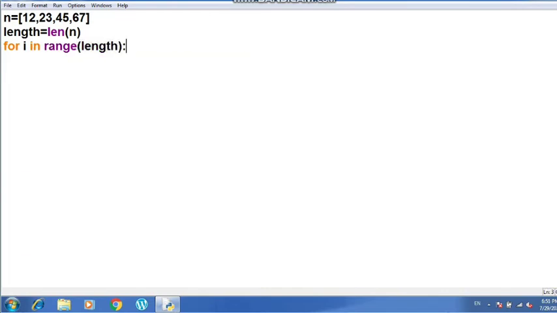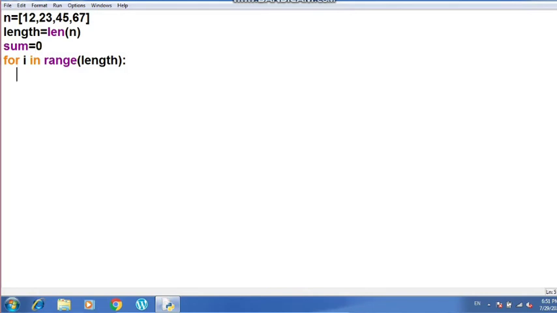So for adding each element, as we have printed earlier, if I print the value at the i position, then we have to write like this, n[i]. So it will give me the element from its given index. If I want to add all those elements, I need a variable wherein I store the value when it is added, when 12 and 23 will be added. So I am defining here a sum variable, and I will assign the value 0 to it.